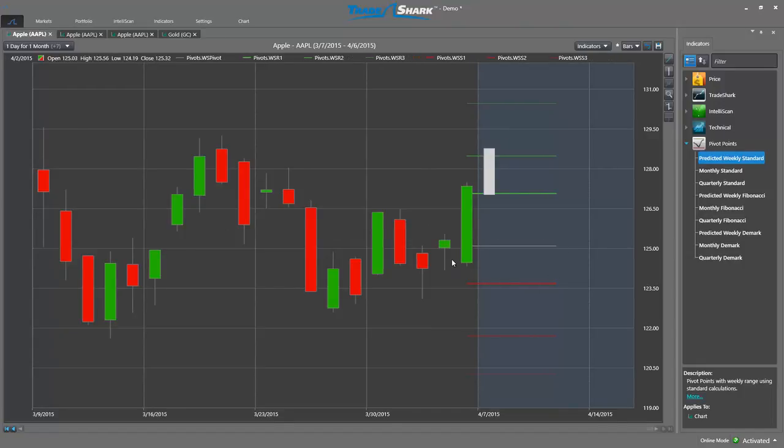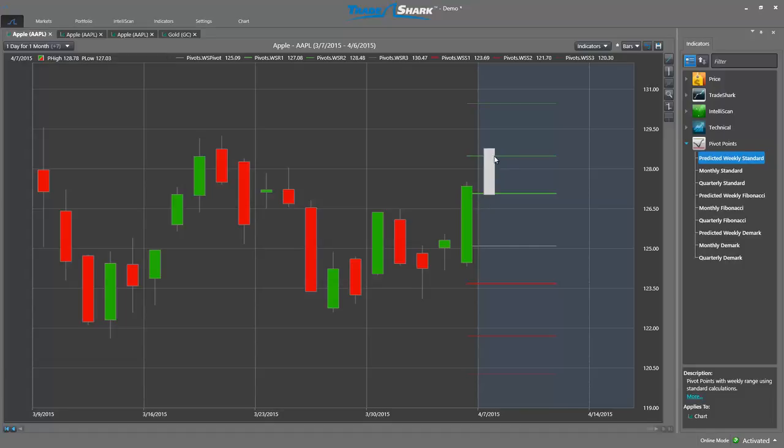As we can see in this example for Apple stock, the market had closed on a Friday above the next weekly pivot point. This suggests continued bullishness for the next trading week. So traders would be looking to enter long positions with the first and second resistance level set as expected profit targets. In this example, we can see the market immediately move to resistance level 1,